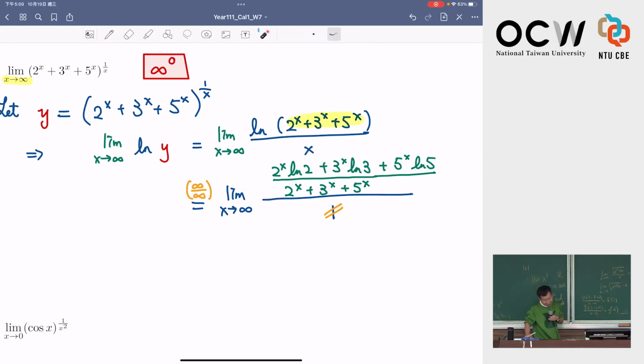But it's not that bad because in week 2, when we deal with limit, when x go to infinity, we have learned a trick. The trick is to identify the dominating term. In this case, you have 2 to the x, 3 to the x, 5 to the x. So the largest term is 5 to the x. So let me divide both the numerator and denominator by 5 to the x